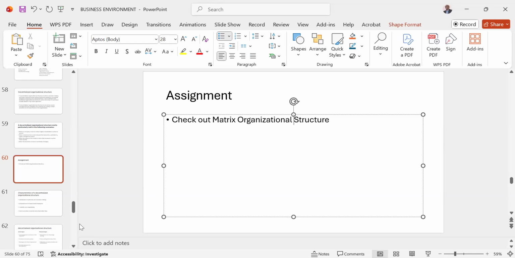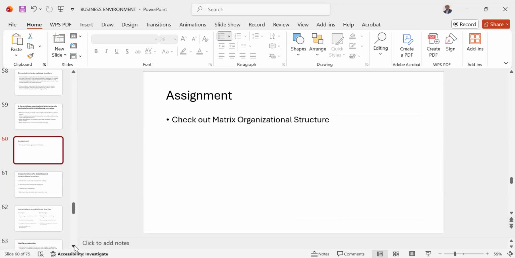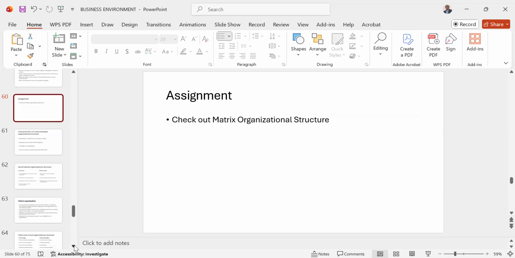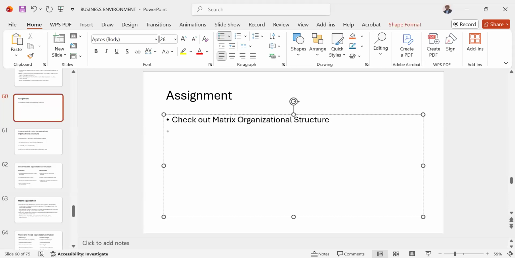I'll read about it. So that will be the first thing we'll discuss tomorrow. We'll complete what we have for this decentralized structure, and then we'll start the matrix. So please go over it. Is that okay? Yes, sir. Okay. So to be discussed